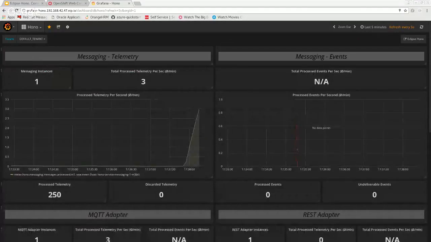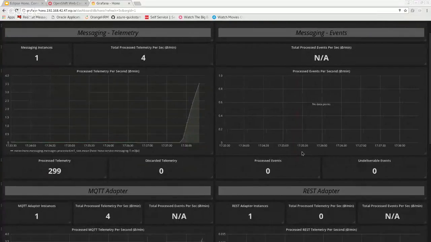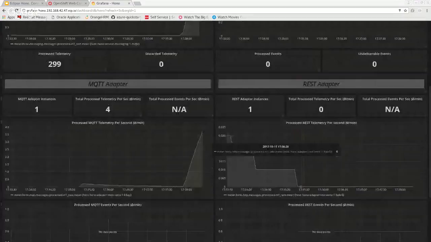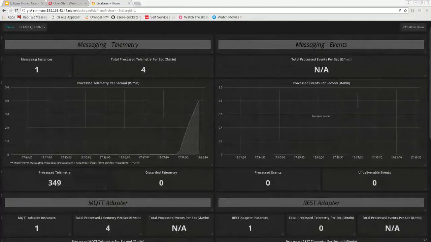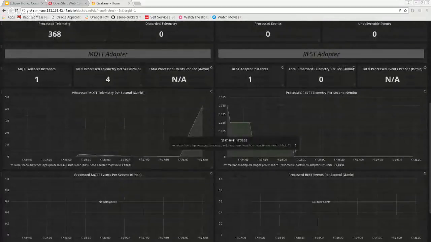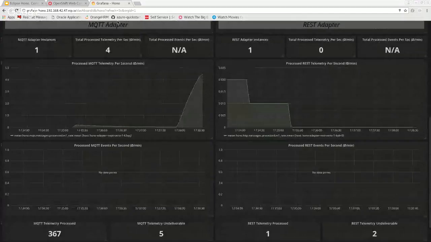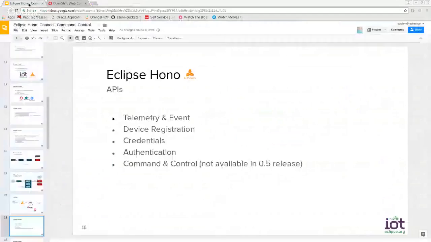Here I can say that all the data are processed in real time, and this information is shown here: the MQTT adapter information, REST adapter, the number of messages that we have in the system, and so on. So let me come back to the presentation.